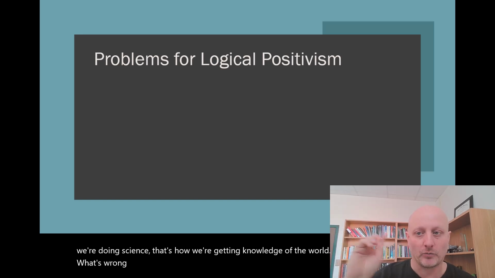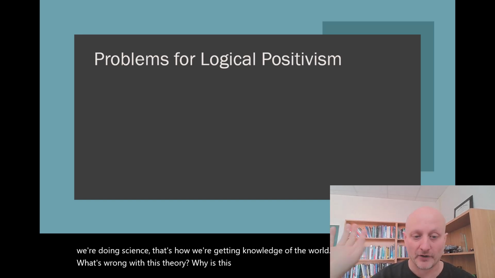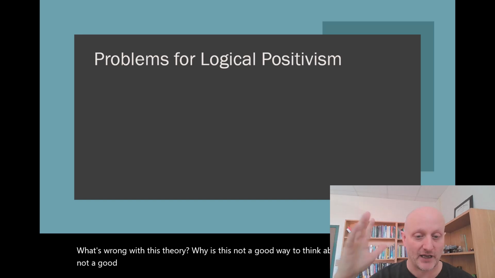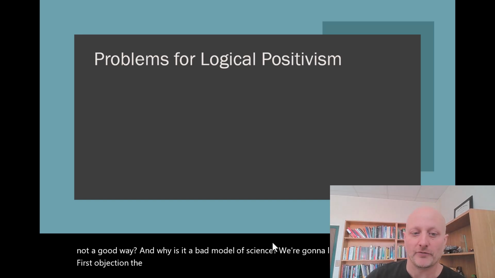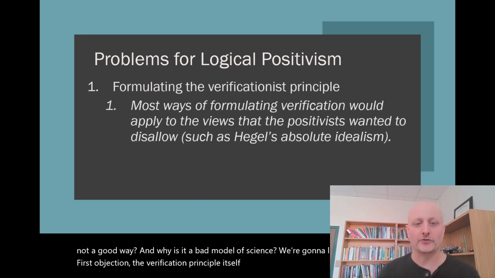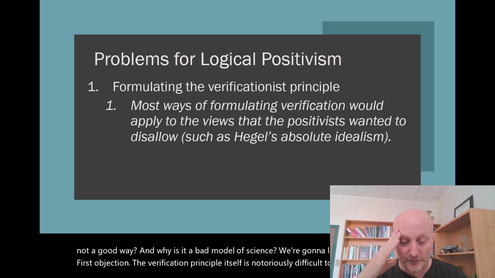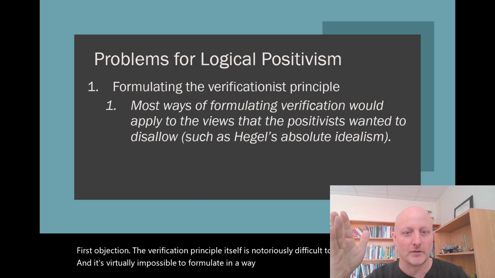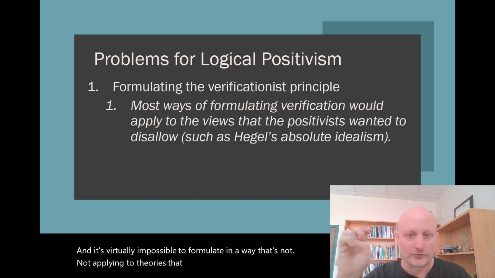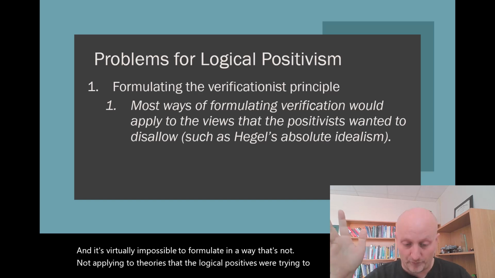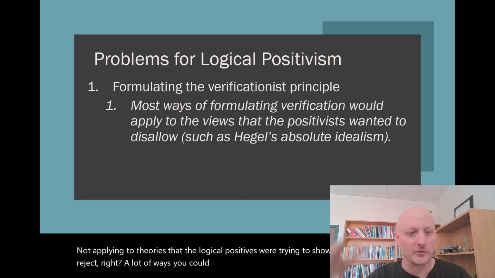What's wrong with this theory? Why is this not a good way to think about knowledge, if it's not a good way? And why is it a bad model of science? We're going to look at two objections. First objection, the verification principle itself is notoriously difficult to formulate, and it's virtually impossible to formulate in a way that's not applying to theories that the logical positivists were trying to show we're trying to reject, right? A lot of ways you could formulate their verification principle would apply equally to Hegel's absolute idealism,